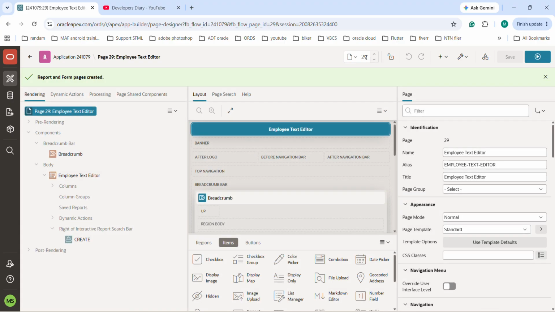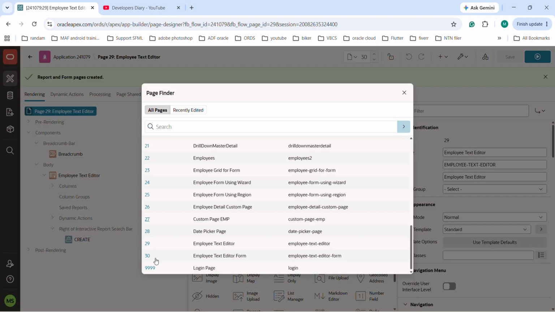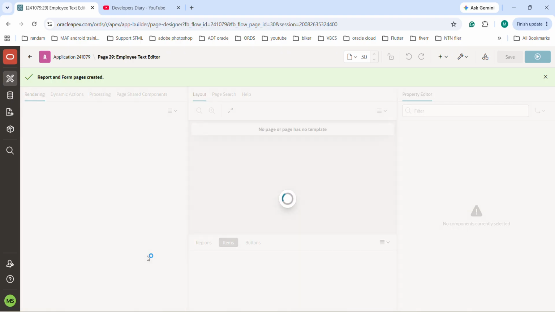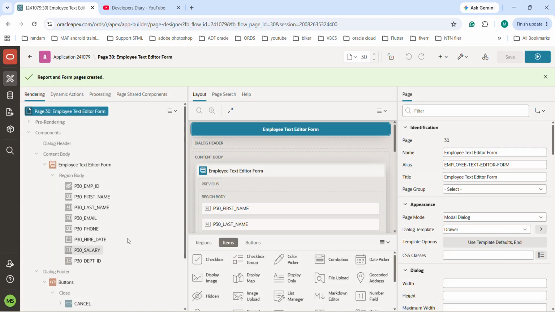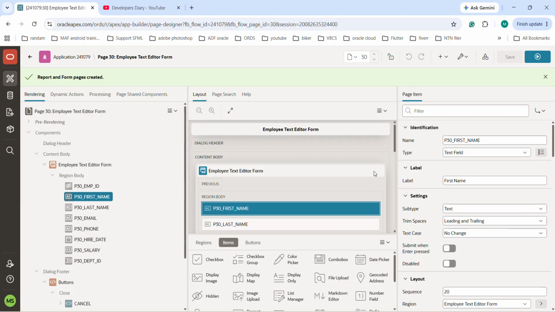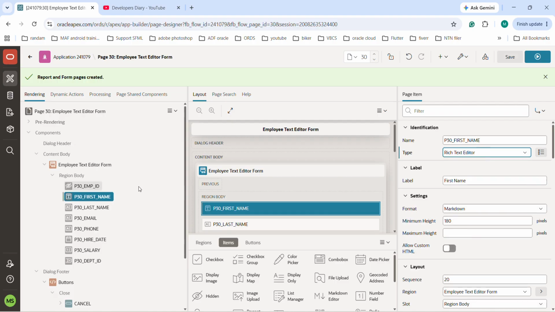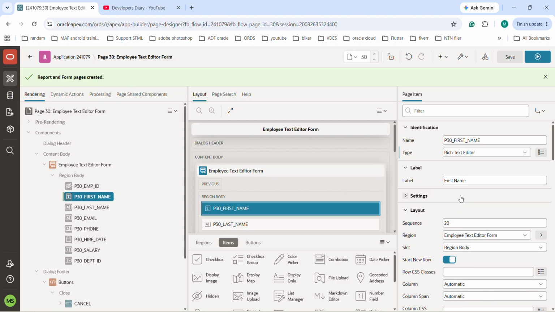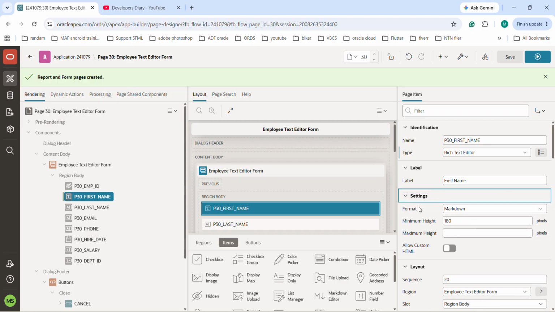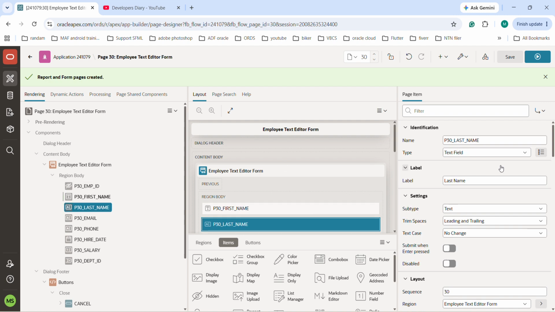So this is the interactive report page. We shall move to the next page, which is the employee form. For the first name, let's select rich text editor. Then we have the format. In the format, we have HTML and Markdown. So for this one, we shall use the Markdown